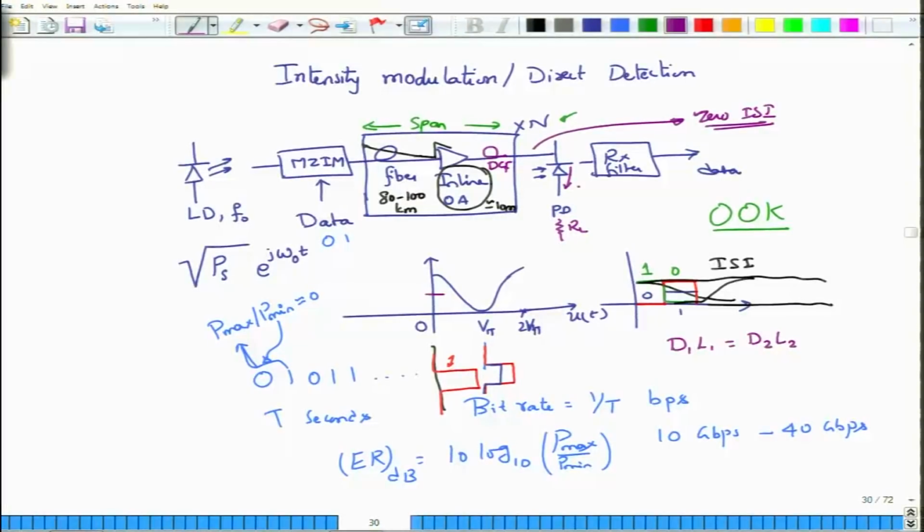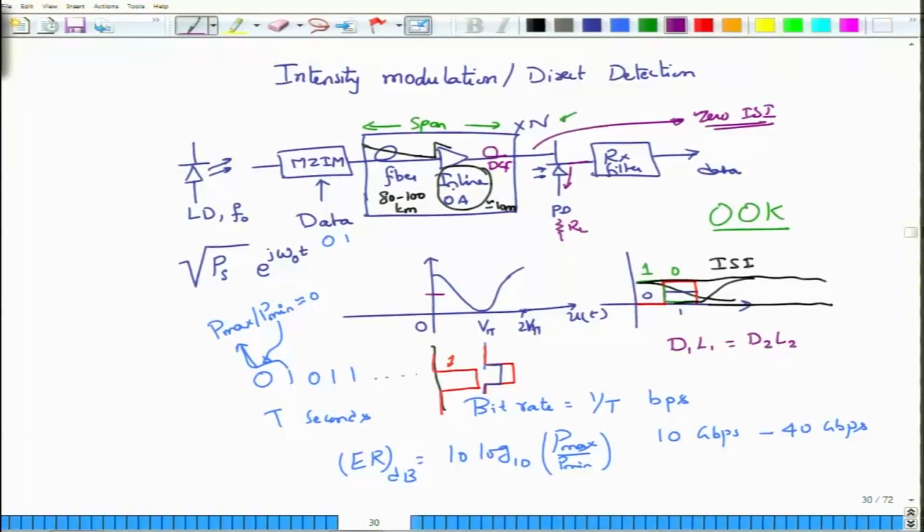So you have shot noise, you have thermal noise, and then there is also circuit noise which comes by putting up a filter in after the photodetector. But in this course we will not worry about the circuit noise because that is a subject of its own, which is a very deep subject. We are not going to touch that one, but we will assume that the electrical signal that comes out of the photodetector will have additional noise in addition to whatever noise the inline optical amplifiers have added. Now there is an important difference that you need to observe here.